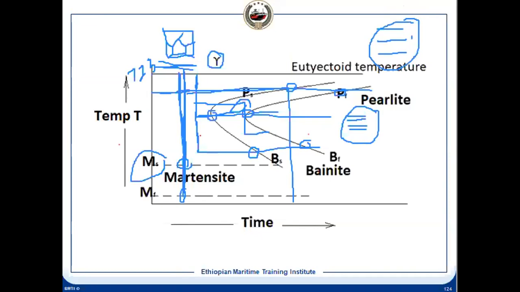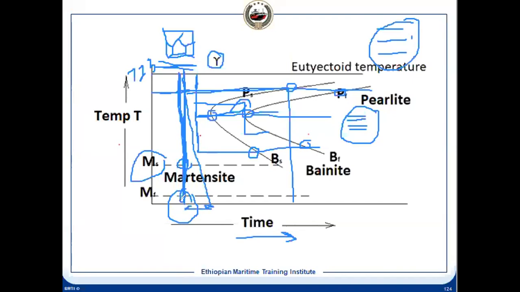Now next is this one. Is there any question on this? Have you understood what I said? Because when you are doing that heat treatment, we are increasing the temperature, then at a certain point, after that we are cooling. And rate of cooling, it means if you are cooling slowly, what will happen to the time? Time will increase. If it is quenching, immediately it will come here. For example, if you quench from here, this is also quenching. It comes here. It means this much time you are giving.